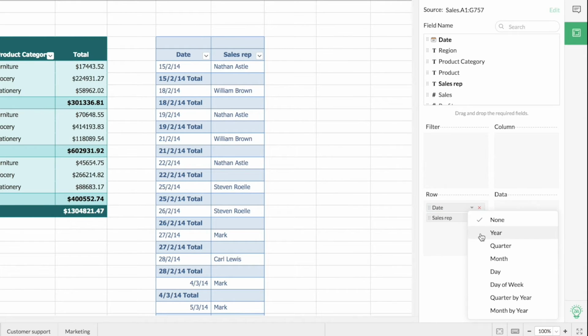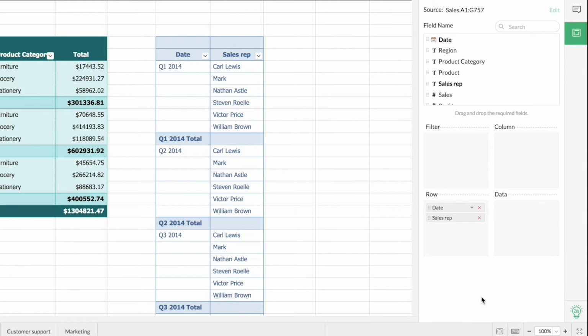So you can choose to either view the data based on the year, quarter, month, day, week, quarter by year, or even month by year. So now I'm going to choose quarter by year because I want the quarters to be separated based on the years too. So I'll just choose quarter by year, and on the left you can see how the data changes. So here you can notice that we have got quarter 1 of 2014, quarter 2 of 2014, etc., and so on it goes. So this is more clear for me, and I can see what exactly has happened in each quarter per year.